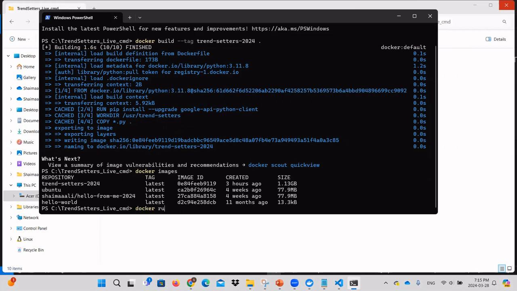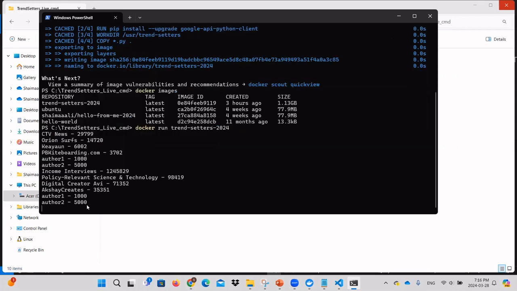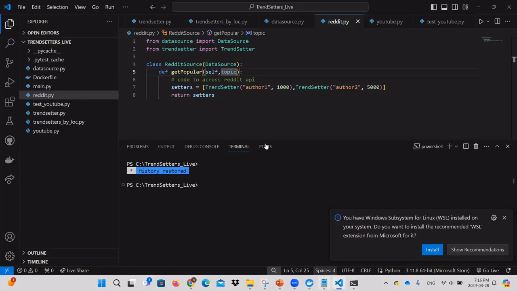Docker run. So it should connect to YouTube data and get some data, and it should show me the results I'm expecting, I hope. All right. Now, knowing the command line, the manual operations is important, but luckily there is an extension